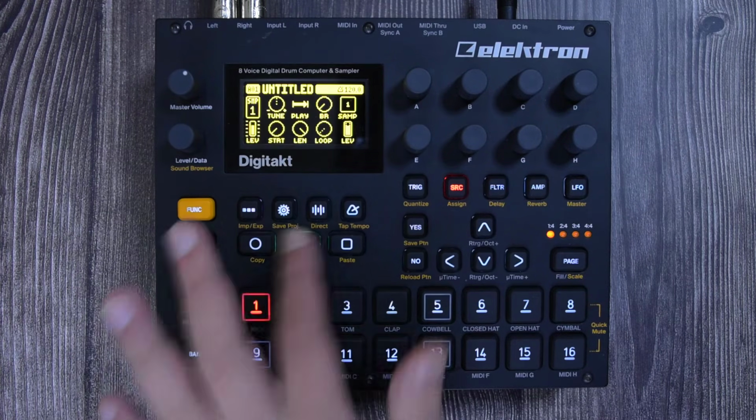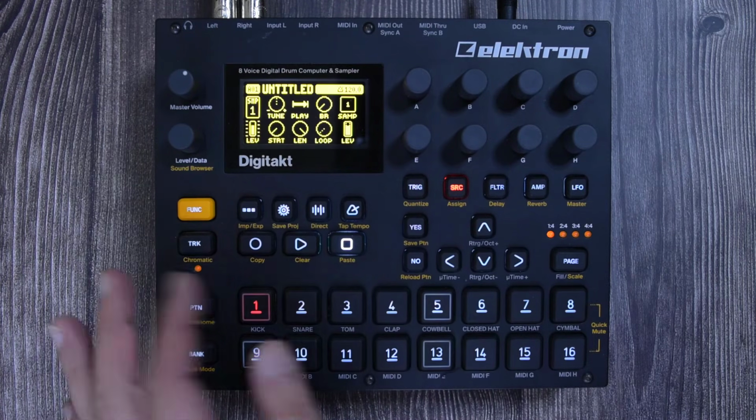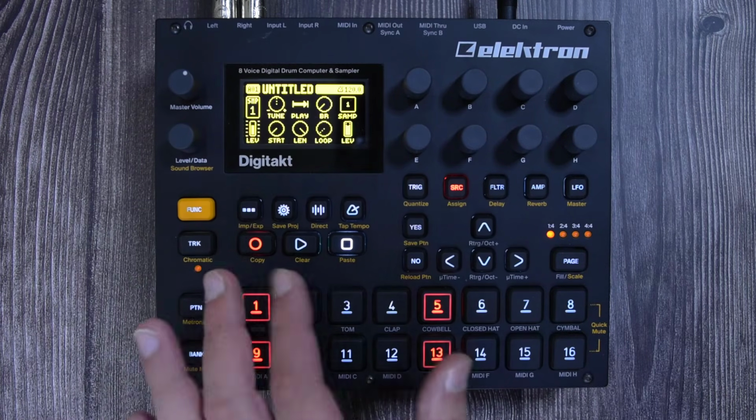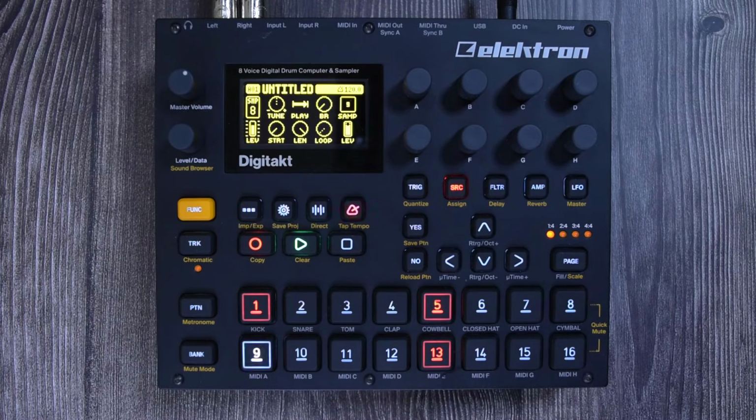Right now I have nothing on this pattern, and I'm starting with a new project. So it would be cool to do something and maybe save the project somehow. I'm going to do something dumb, something very simple. So now let's say that this is just wonderful, and this is going to be my performance, and I want